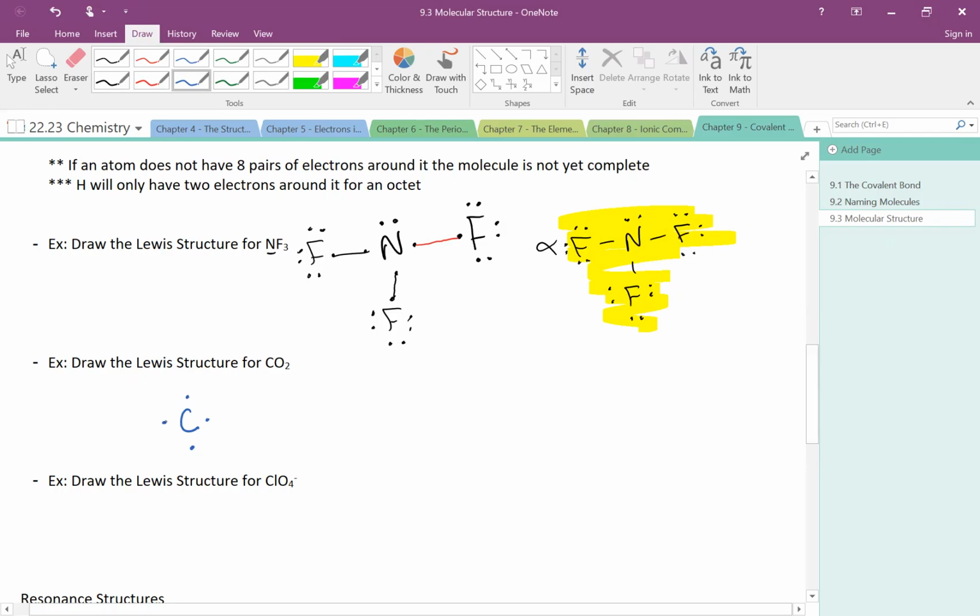I have 2 oxygens, and I'm going to place one on either end of my carbon. So I'm going to put an oxygen here with 6 valence electrons, and I'll draw my other oxygen over here. This time, give this one 6 valence electrons as well. Very good. So I think with our outline of CO2, you might start to be able to see, yes,